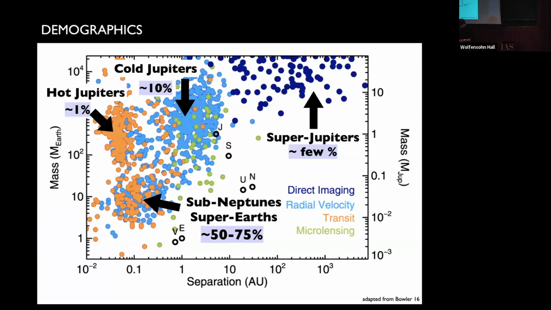If there's one thing that we learned from the Kepler space mission, it is that sub-Neptunes and super-Earths are everywhere. They orbit an order unity fraction of the stars in the universe today. They have masses between 1 and 20 Earth masses, located out to distances of about an AU, almost certainly beyond as well, which will be good news for the Roman microlensing mission. They're everywhere. Even our own solar system has its own set of super-Earths. It's just that they're not so super.